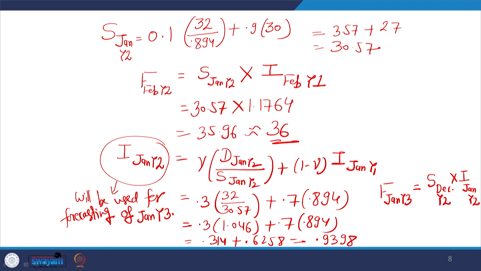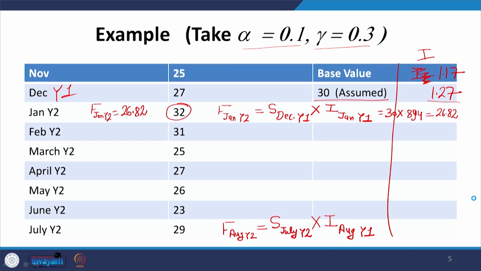So, we are just keeping these values available with us, so that after 1 year, when we will be forecasting for that period, we can use the most updated values of our seasonal index. So, this is the case where we discussed in detail. I have given you a sample calculation of updating the base value, updating the seasonal index, and how the multiplication of the appropriate value of seasonal index and the appropriate value of base value will give you the forecast.